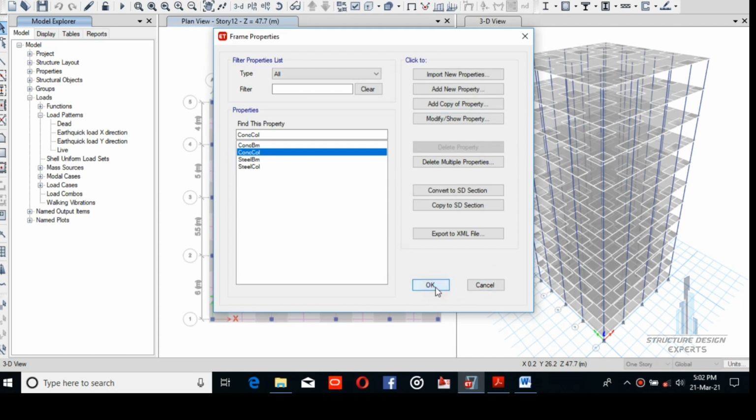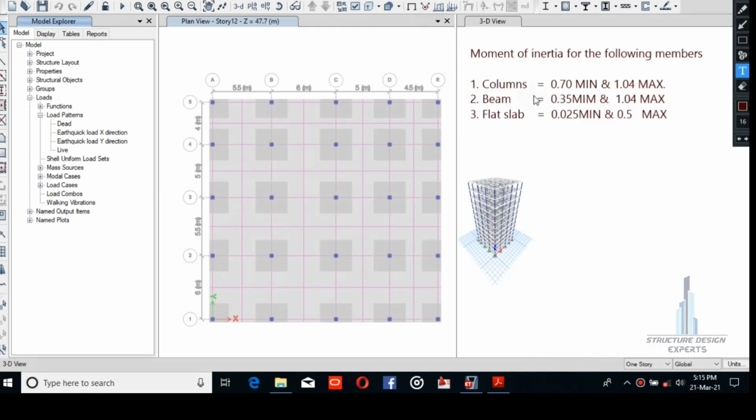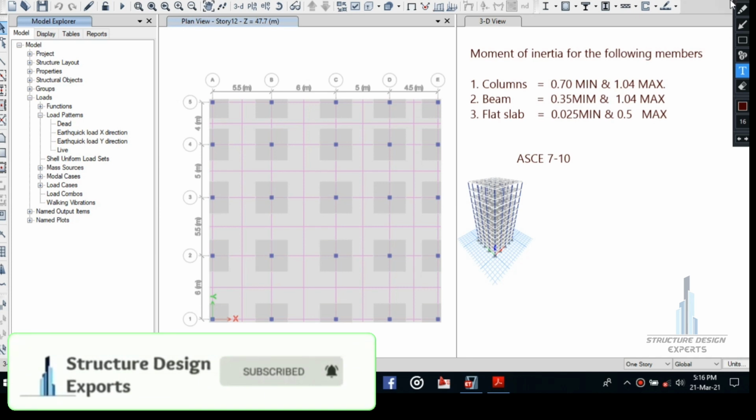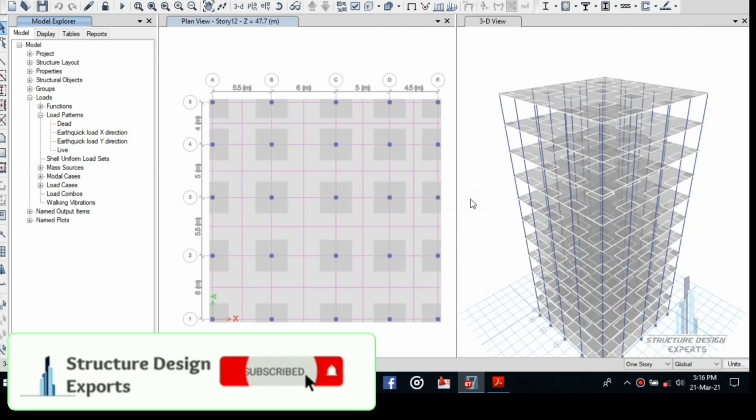Then press OK. So it is the sample. I hope that you will understand it. That the column, this is the moment of inertia following from ACI 17. We collected this information from ACI 17, so here I wrote ACI 17. Column is 0.70 minimum and 1.04 maximum. Beam is 0.35 minimum and 1.04 maximum. And flat slab is 0.25 and maximum is